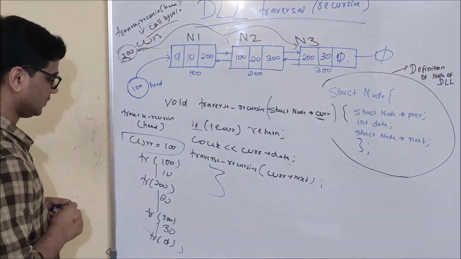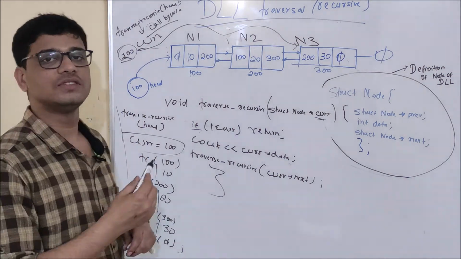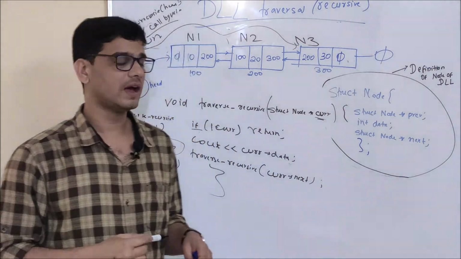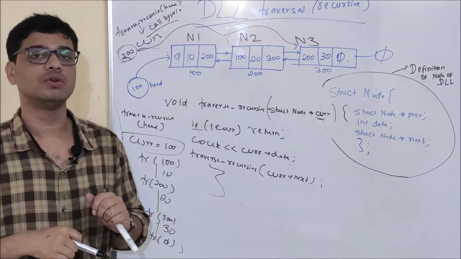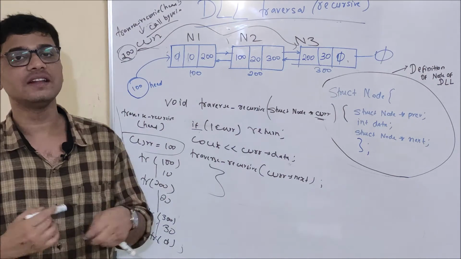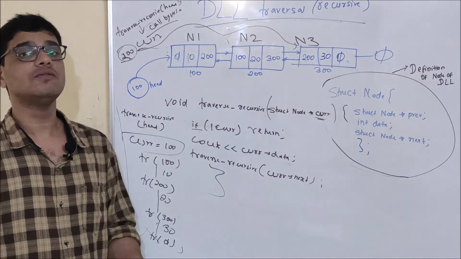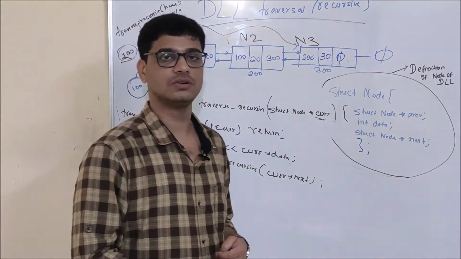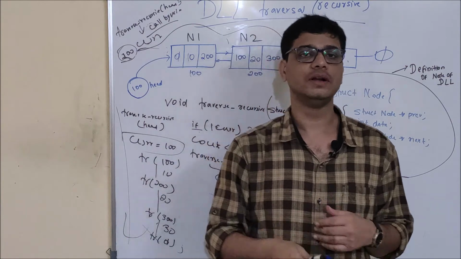So basically, as you can see, friends, this is how we are going to traverse this linked list in a recursive way. And friends, this is how easy this particular recursive code is. And you will be thinking, why am I writing recursive code again and again? Because recursive code is very easy to write if you understand it first. Okay. And friends, we are going to practice recursion a lot in coming videos.